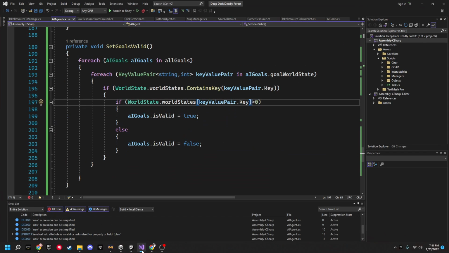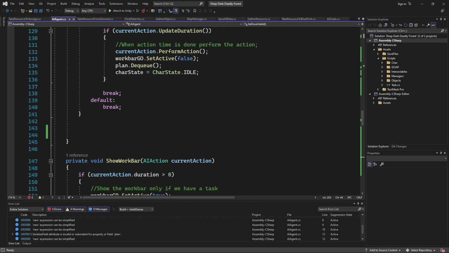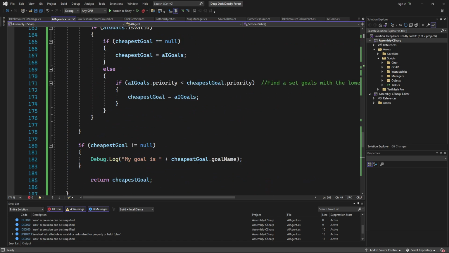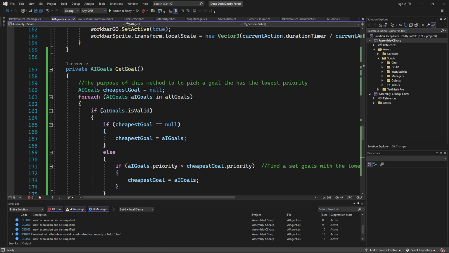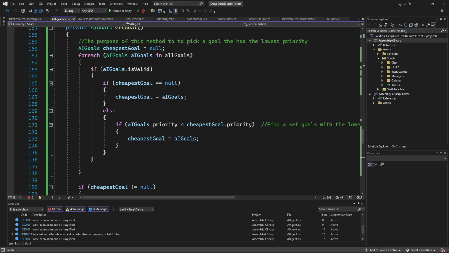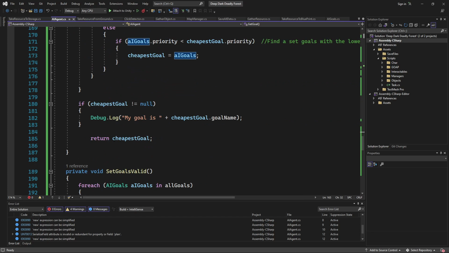In this situation, okay, so is valid is false. So when we go here, if AI is valid, then we'll do that. Okay, if not null, return. If not null, we do that. My goal is